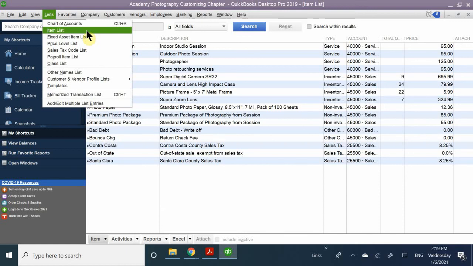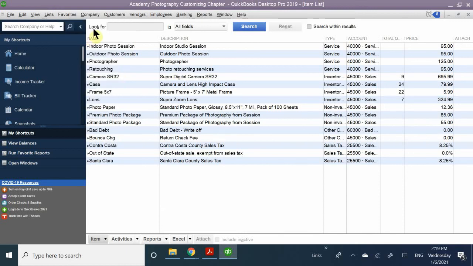If I were to click this, which I already have, these are things that are going to break down your inventory, as well as your cost of goods sold, and your sales. This is where we're going to be learning how to create items that you sell, services that you sell,